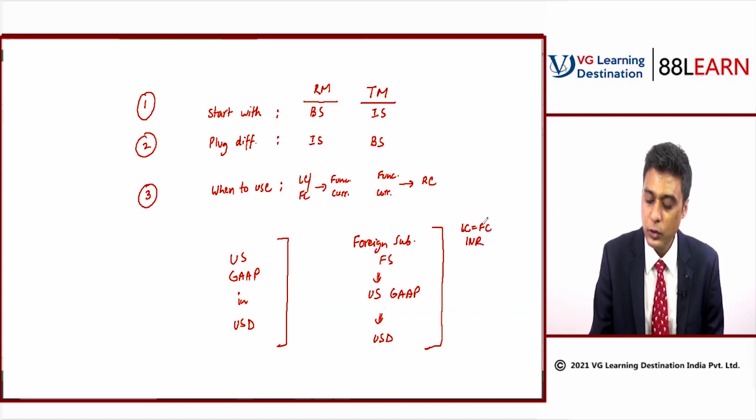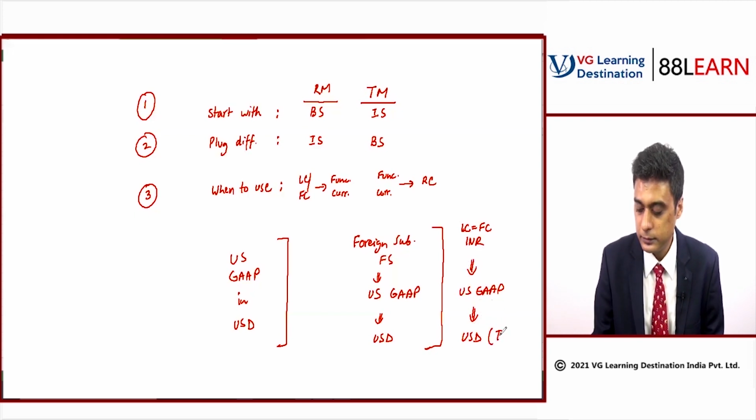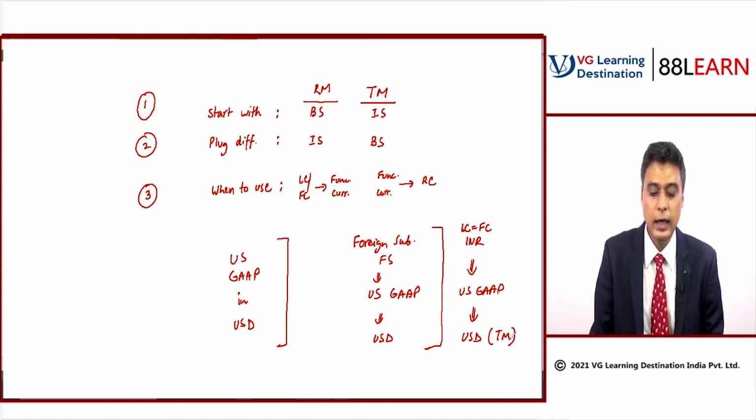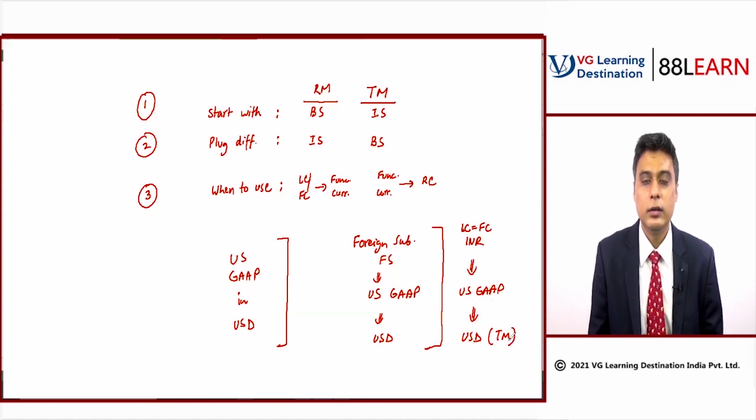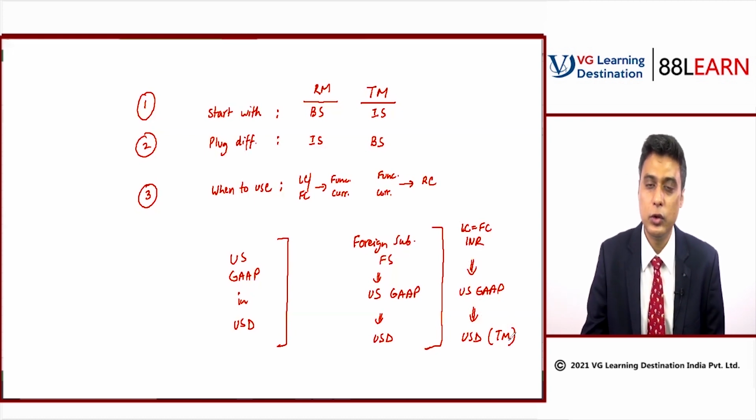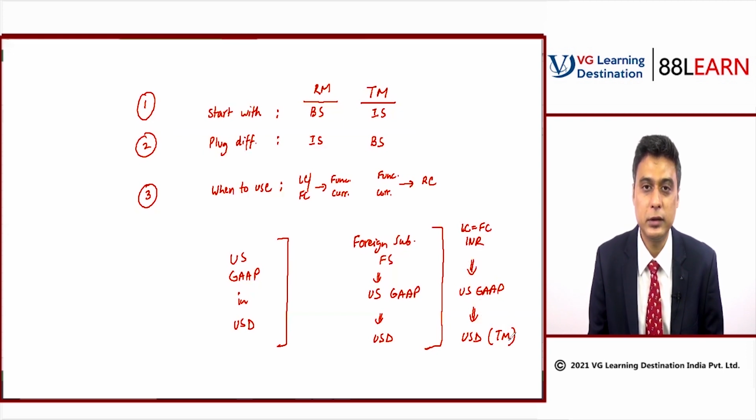Therefore, when the financials of the foreign subsidiary have been prepared in INR, they are already in the functional currency of India. Therefore, we just have to convert from Indian GAAP to US GAAP, and then from INR to USD, and in terms of the method, from functional to reporting, therefore the translation method. And similarly, you will have to determine for the other subsidiaries this American company might have in different countries which subsidiary requires the translation method and which requires the remeasurement method.